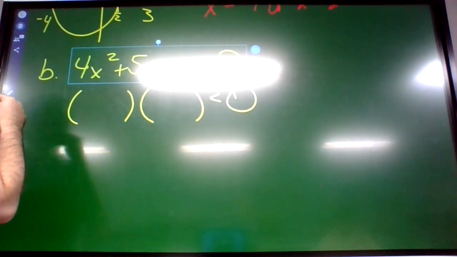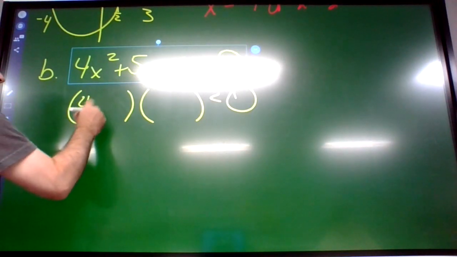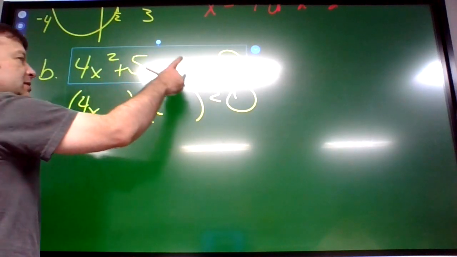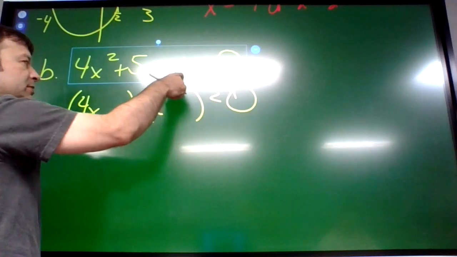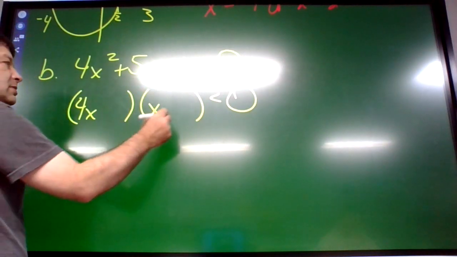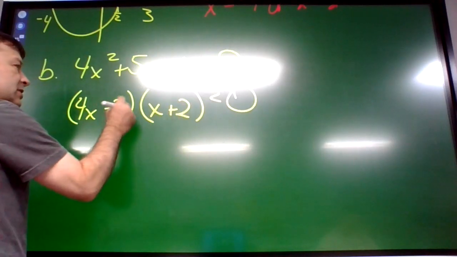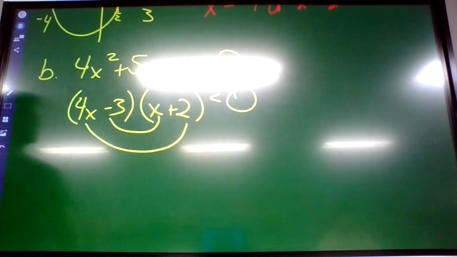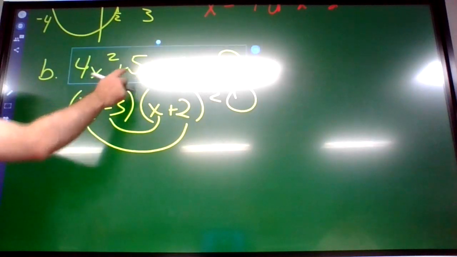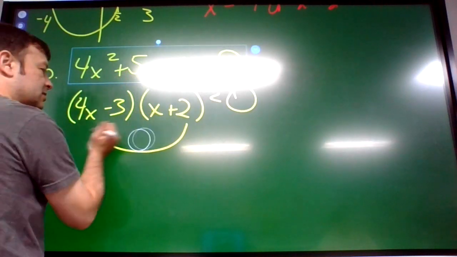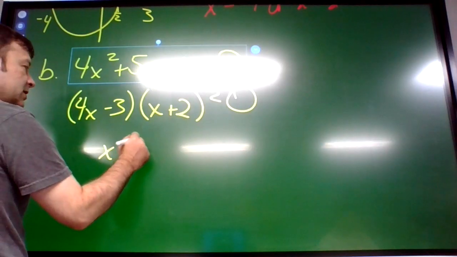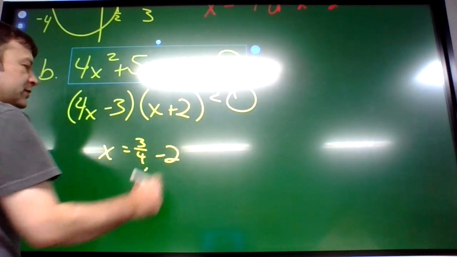If we did 4 and 1, 3 and 2, we could do 8 minus 3, which equals 5x. So 3/4 and -2